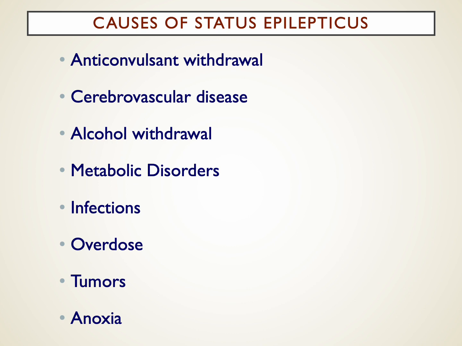Let's talk a bit about the management of status epilepticus, but we're really concerned about the causes of it and to try to get to the root cause if possible. Status epilepticus with continuous seizure activity. We see this with anticonvulsant withdrawal. We see it with cerebrovascular disease, alcohol withdrawal, and other sort of serious conditions where you have to, to the extent possible, address the underlying cause of the seizure activity in conjunction with managing the status epilepticus itself.